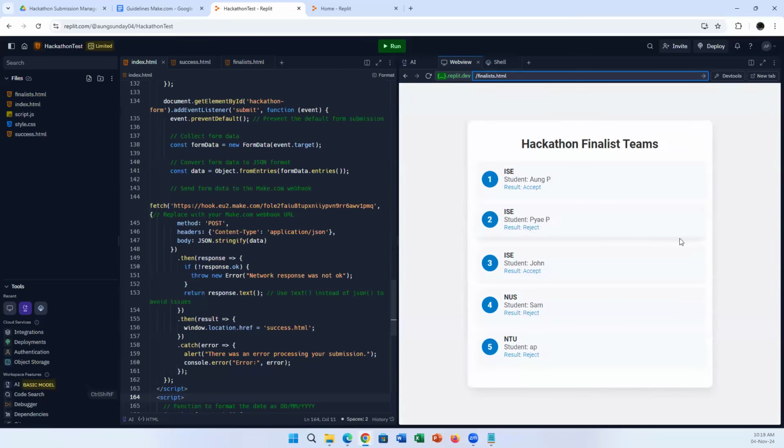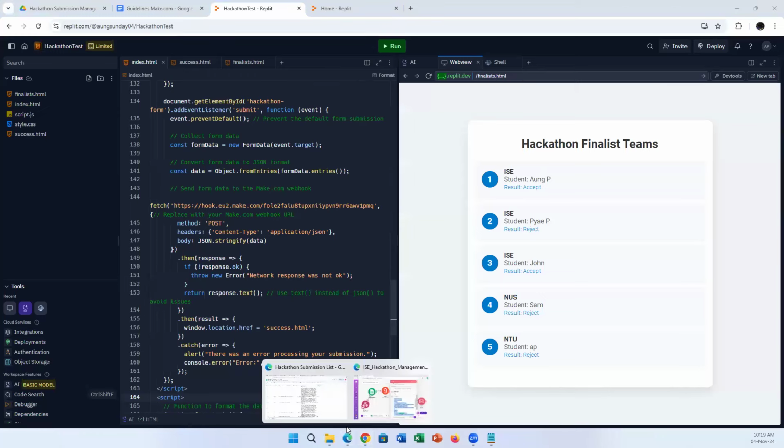So whenever the date has arrived, the students can come to this page and check the finalist, whether they make it or not. This is pretty limited data, but you can add more and more data. I just want to demonstrate the concept. So to achieve this, what I do here is basically